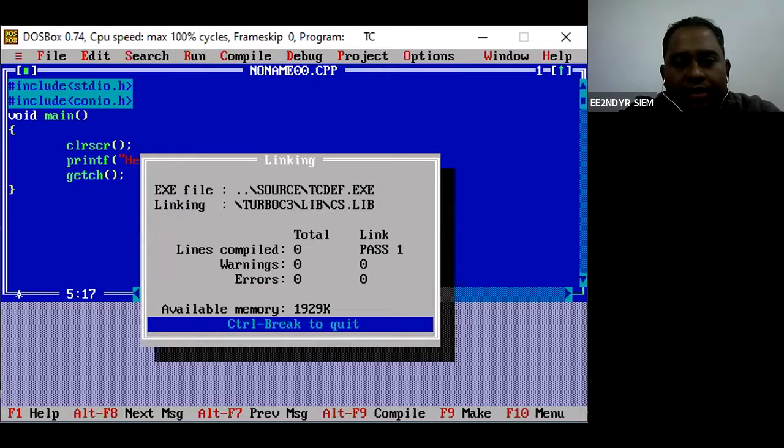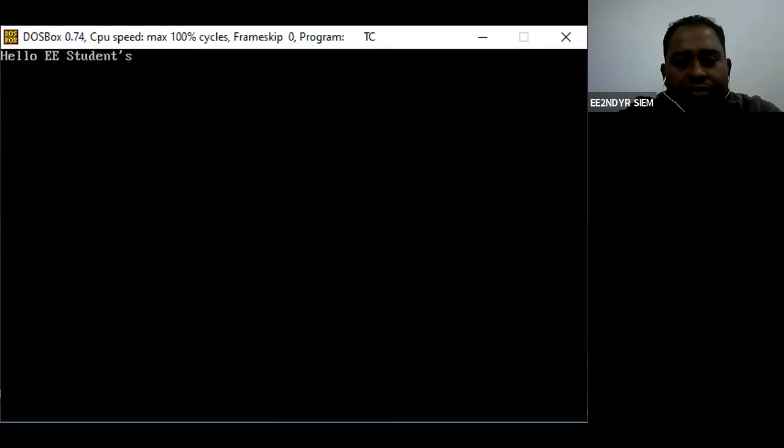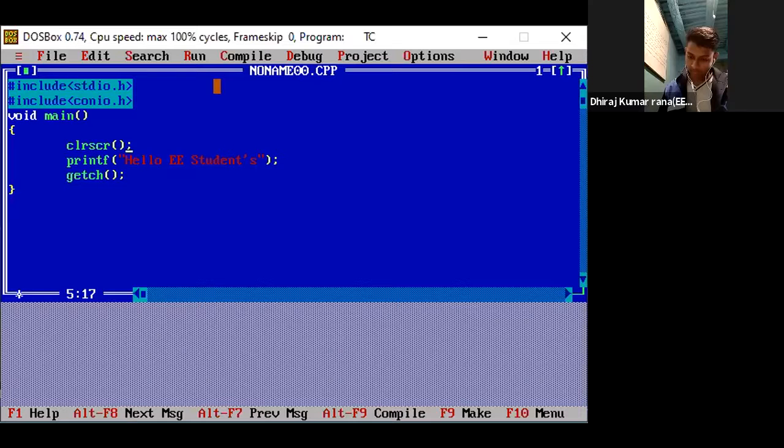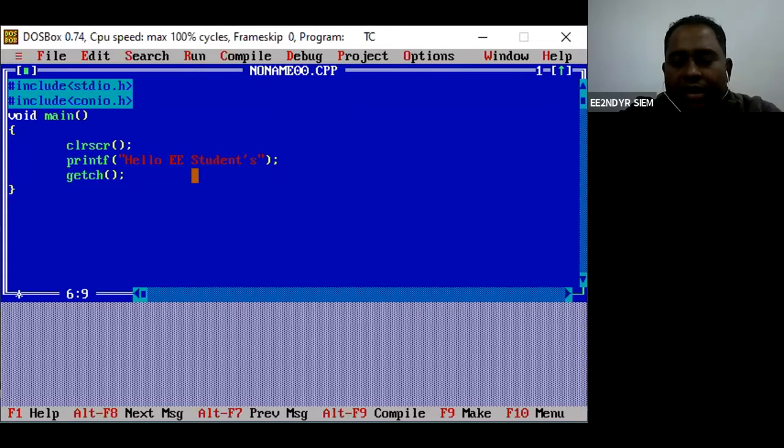Now you can see the changes: the previous output that was there, that three times. Now this is the fourth time I'm running this program. If I had not included this clrscr, there would have been four "hello electrical students" outputs. But since I have included clrscr, the previous output has been cleared before this line is displayed. I think this is clear to you all.